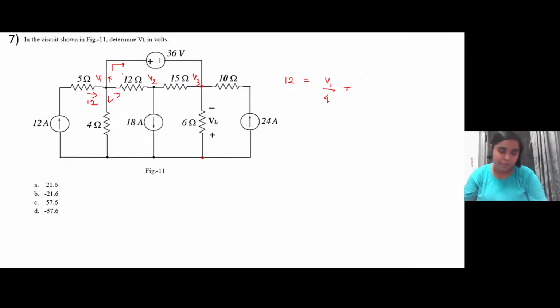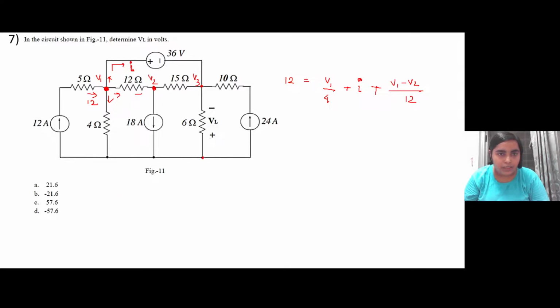Okay, let us just assume current I is flowing through this particular branch. So it is going out, so it is I, and V1 minus V2 by 12. So V1 minus V2 by 12, this satisfies the KCL at node 1. Then at node 2